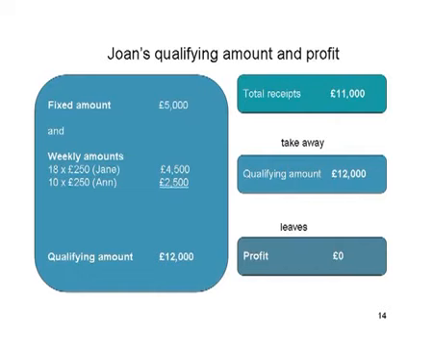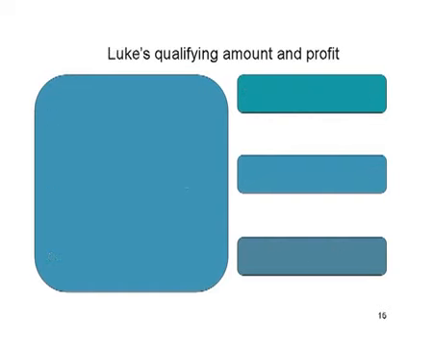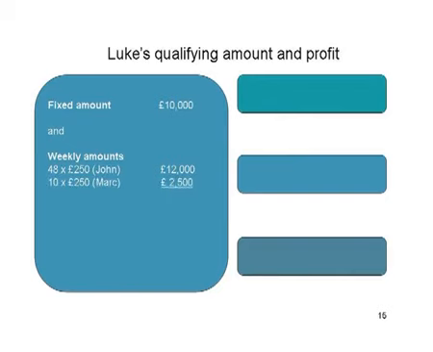Let's now consider what happens if the total receipts are more than the qualifying amount. In this example, Luke has been a Shared Lives carer for the full year. There are no other carers in his home. Luke uses the fixed amount of £10,000 for a full year. He adds the weekly amounts for the 2 service users he cared for during the year. 48 weeks at £250 for John, which is £12,000, and 10 weeks at £250 for Mark, which is £2,500. His total qualifying amount is therefore